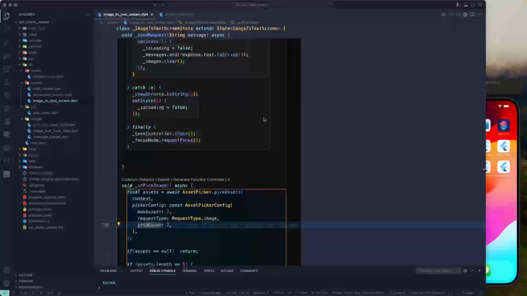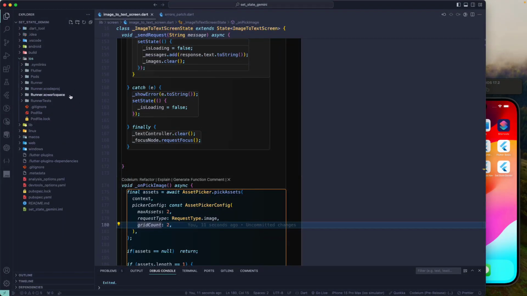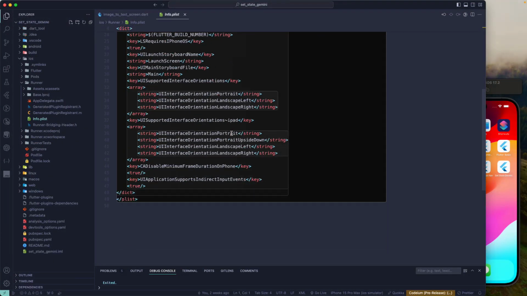If you previously noticed that our app is crashing, that is because we haven't set up the permission correctly to pick our image. Since we are using the iOS device, I will go to my iOS configuration, go to the Runner, and go to the Info.plist over here, and I need to add that particular permission to pick the image. I want to use the media library or the photo library, or else I also can use the image camera over here. For that, I'll go and add the permission below this one,